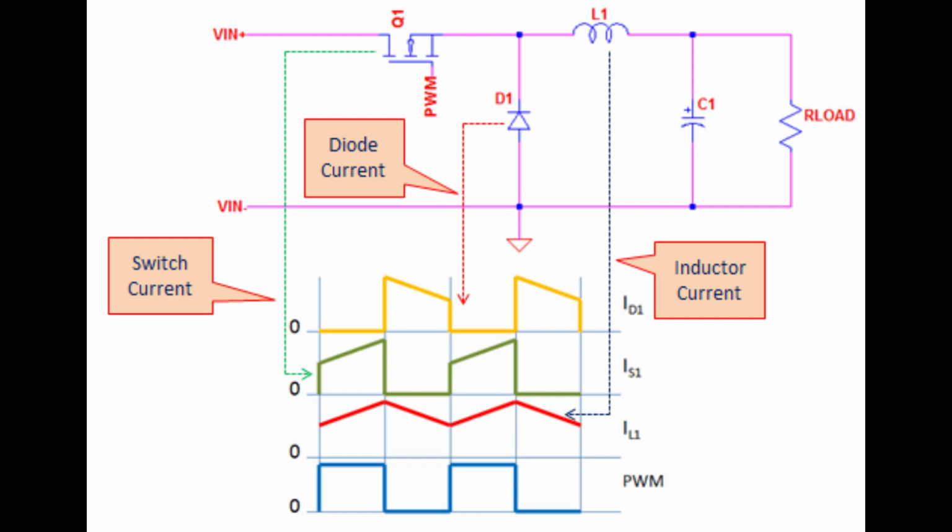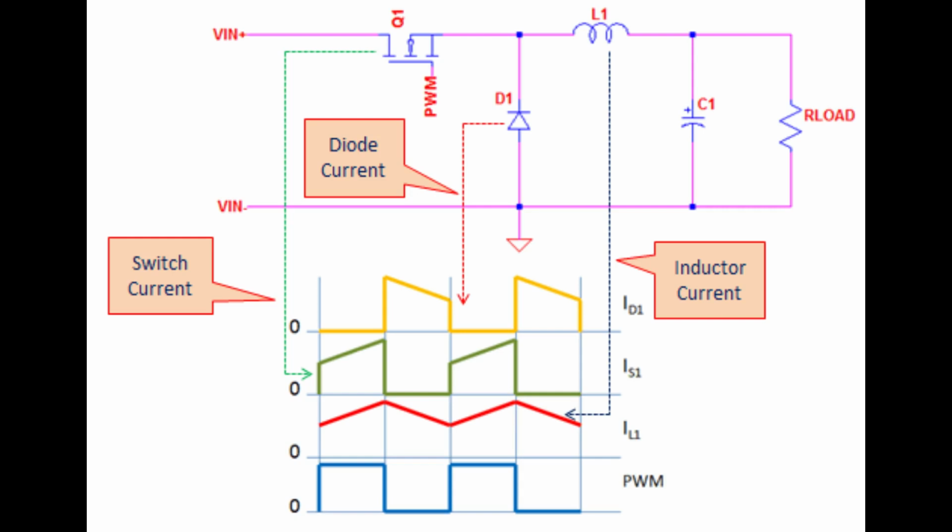Let me explain once again. A square waveform is applied to the gate. When the IGBT or MOSFET is on, current will go to some minimum value and then slowly increase and then come back to 0, remain 0, and in the next cycle once again go to some initial value, keep on increasing and come down. And then the diode current will be the opposite of this one. It will go to an initial value and then start coming down. When these two currents are added, you get the inductor current.